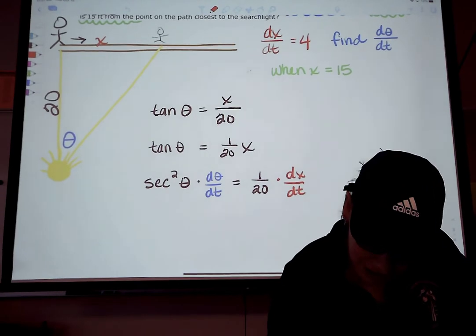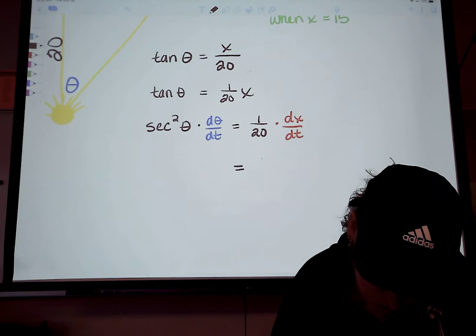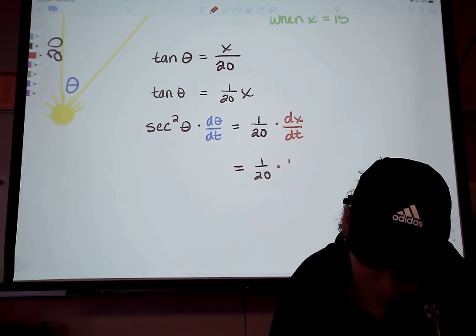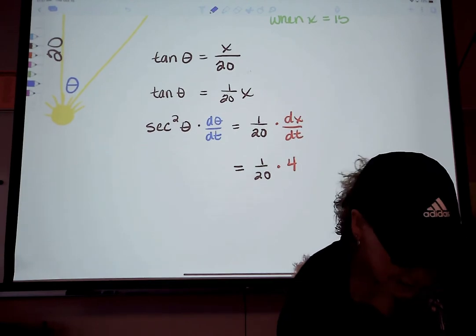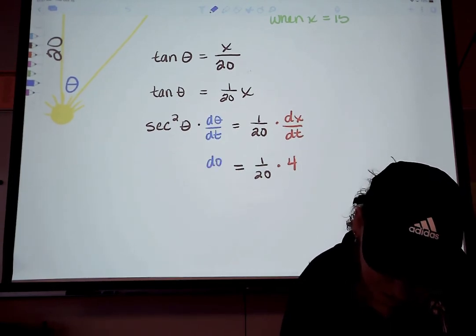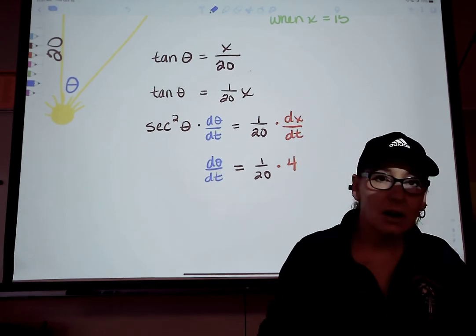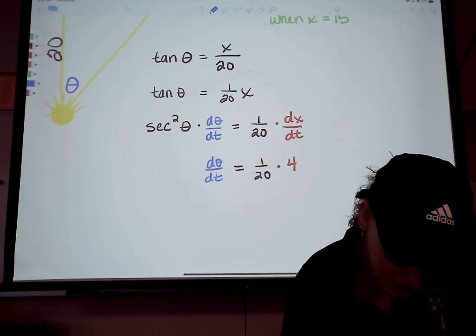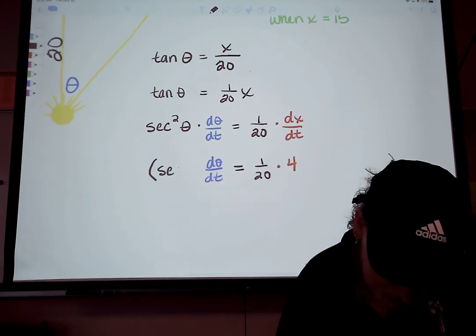Okay, we have a value to plug in for dx/dt, so that is 1/20th times 4. d theta/dt, that's what we're trying to find. And, oh golly, we've got some work to do to come up with secant squared of theta. So just for a minute, I'm going to write this as